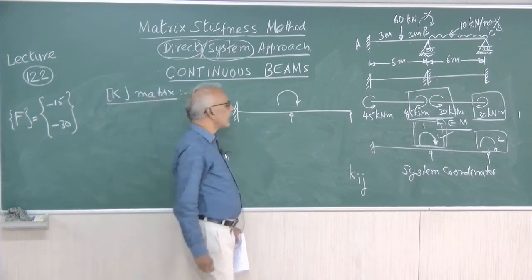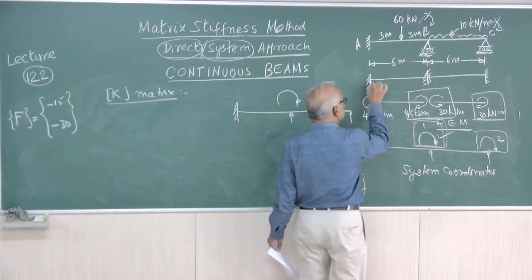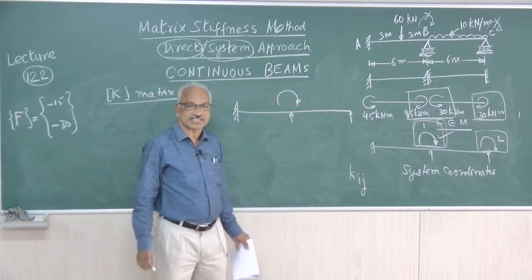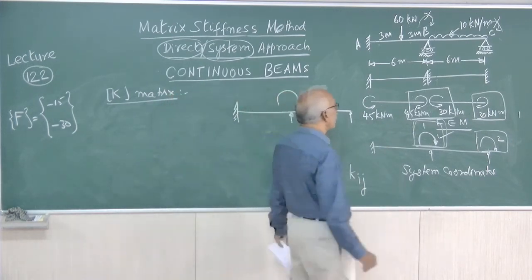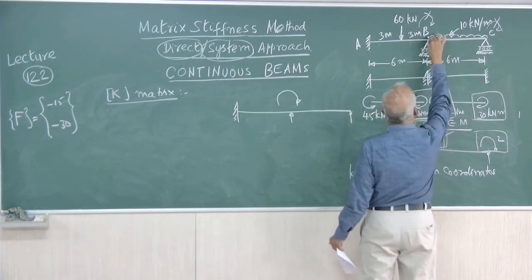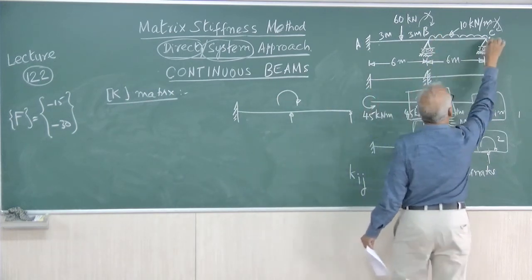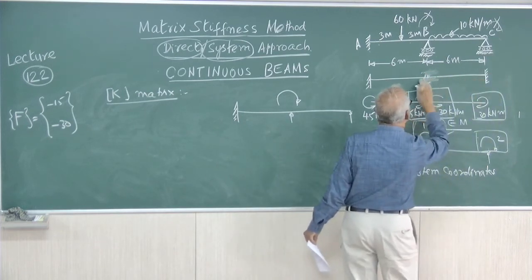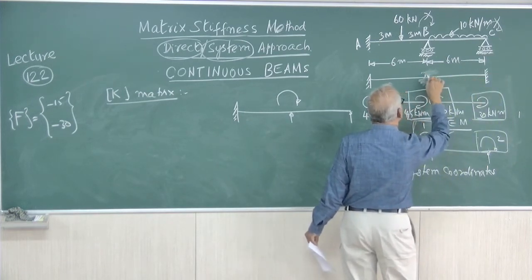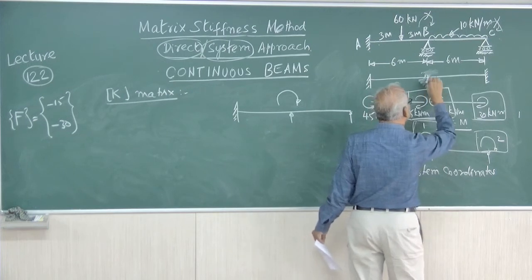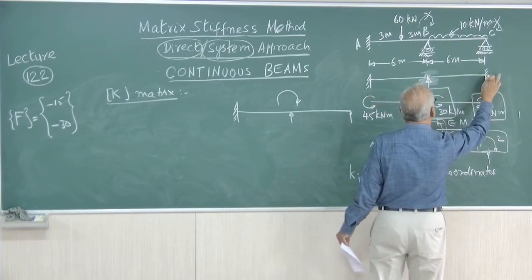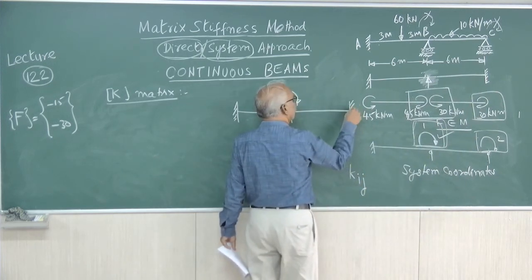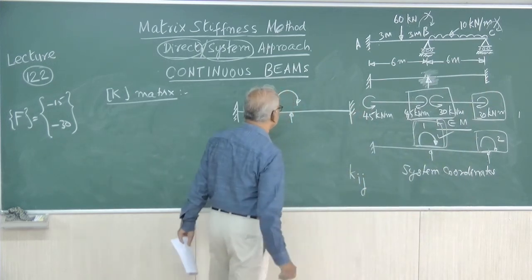Now we are releasing the constrained structure. This is the constrained structure or kinematically determinate structure. In this structure, theta b is possible, you have arrested. Theta e is possible, you have arrested. Now we have to apply only one displacement at a time. So here you apply the displacement. By that time, theta c will have to be arrested, so we have to treat this as fixed. Only one displacement at a time.